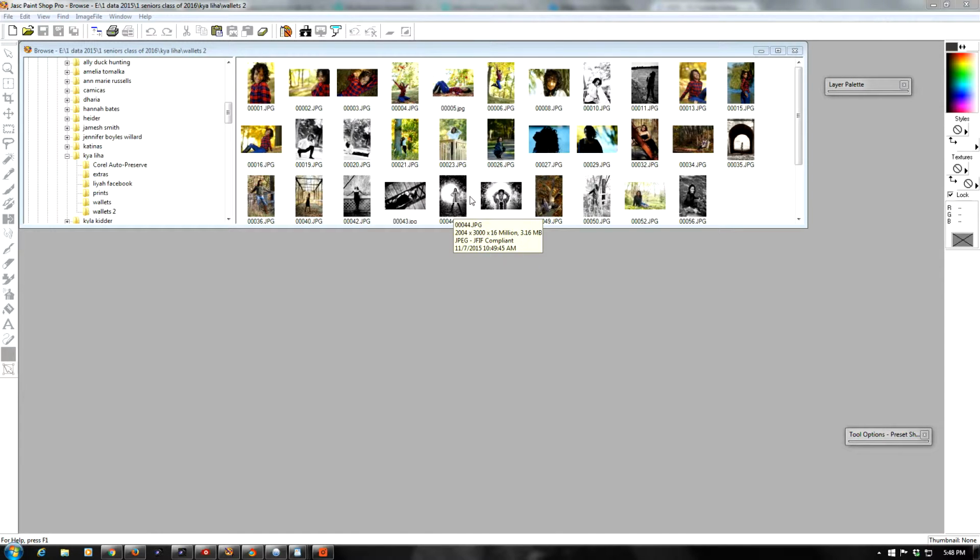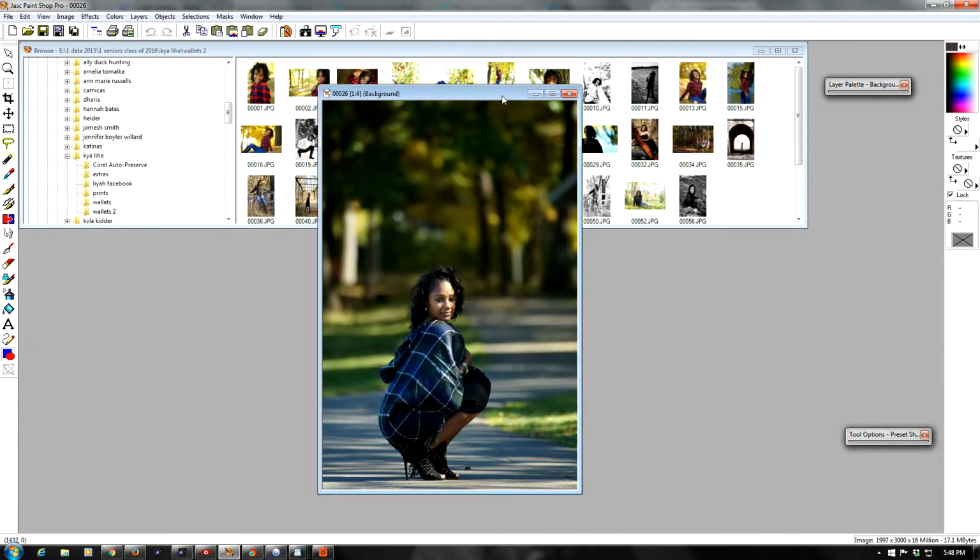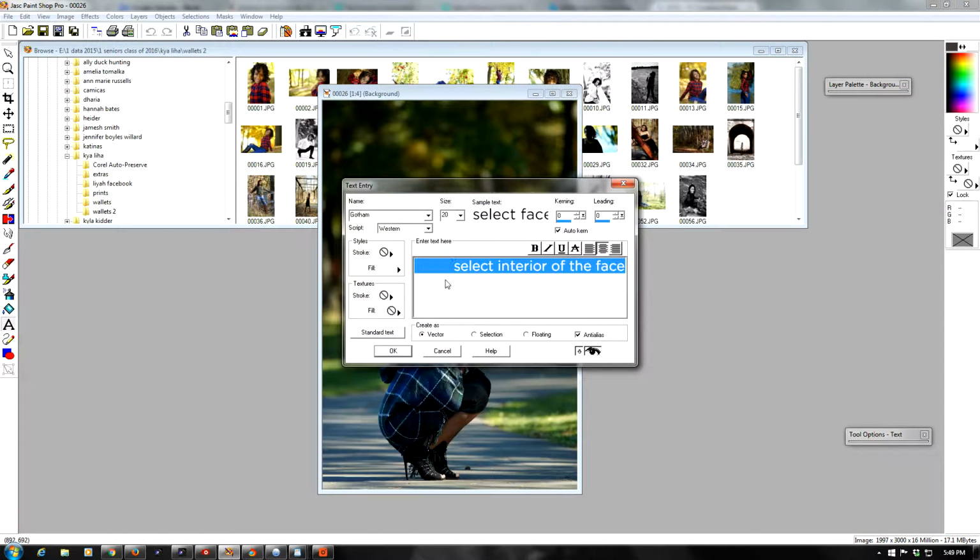These are copies of the originals, because I'm going to add the name and the year just to the copies. I'm going to start with just any one of these images. I'm going to grab one with a lot of negative space in it so I have room to work. I'm going to grab my text tool. I'm going to make sure that my fill color is white, and then I'm going to type in